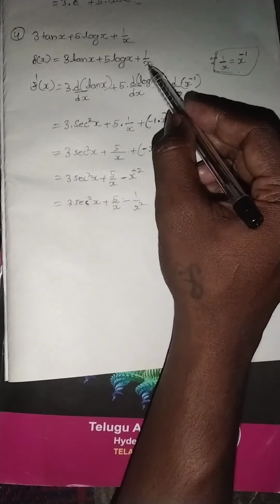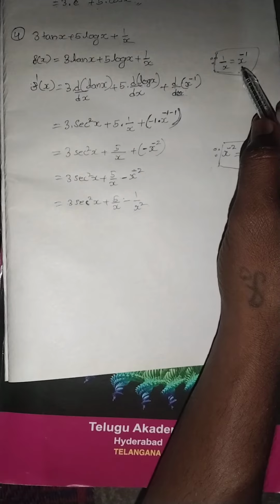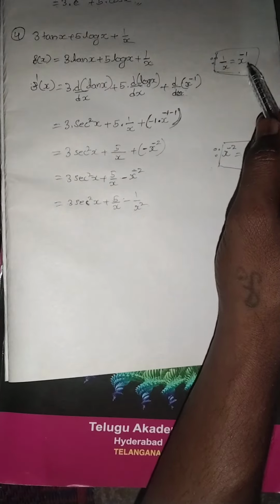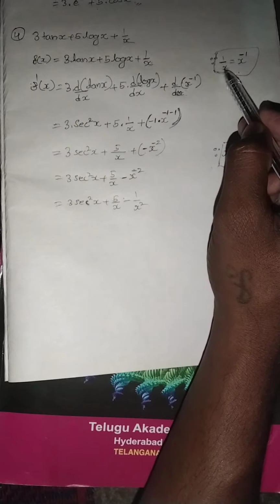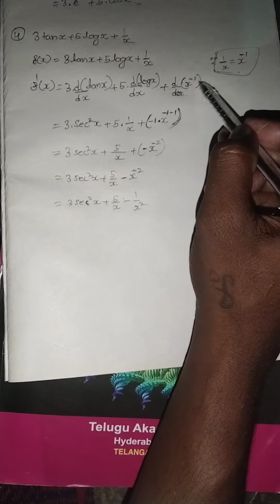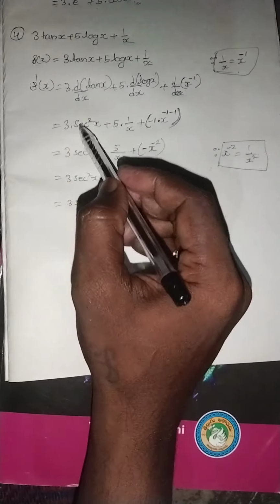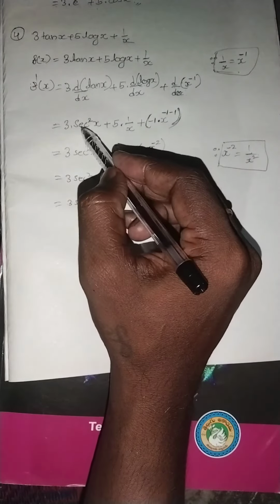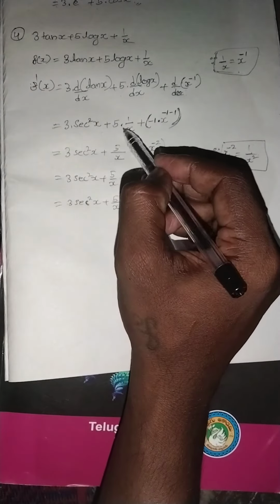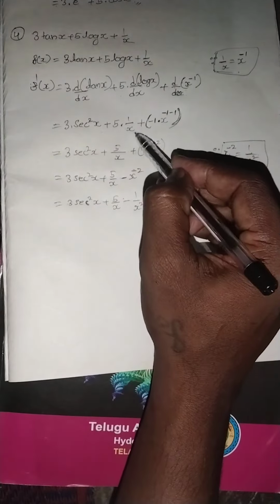Why? Because here 1 by x, we know that 1 by x equal to x power minus 1. So that's why I replace 1 by x with x power minus 1. Derivation of x power minus 1 equal to 3 into derivation of tan x is secant square x plus 5 into derivation of log x is 1 by x plus